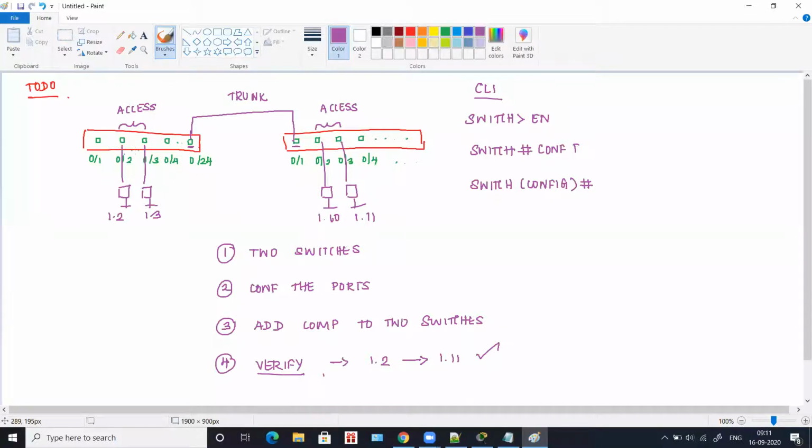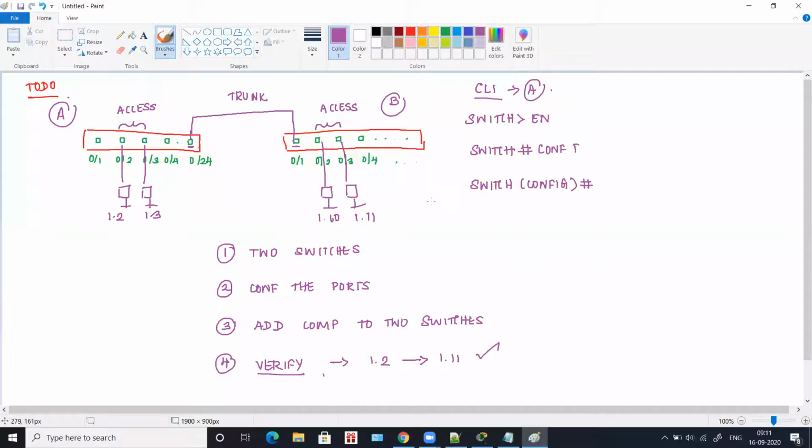So in switch A, we have two ports which have to be access ports. Let's consider this is switch A and this is switch B, and this command line is happening in switch A. So in switch A, you have two ports 0/2 and 0/3, which have to be assigned as access ports.